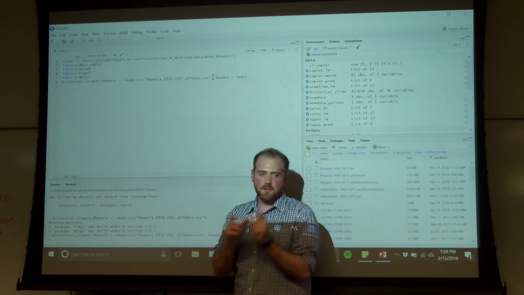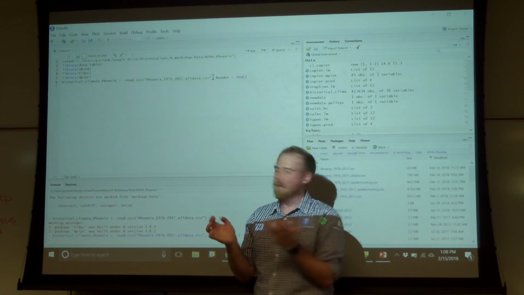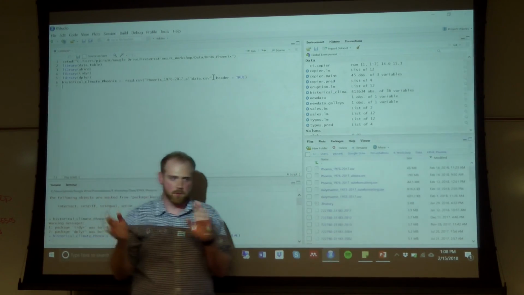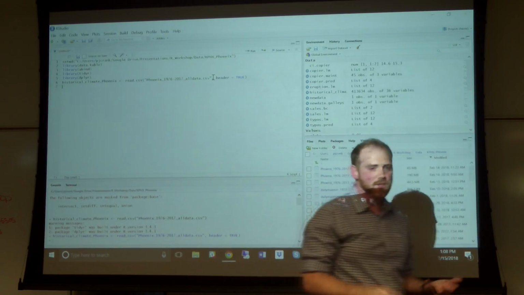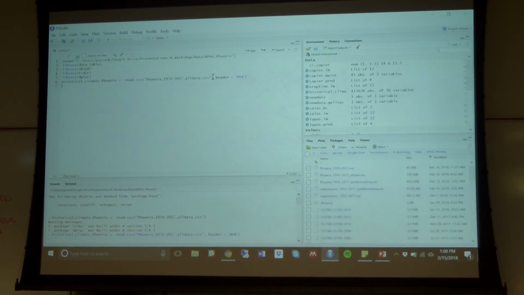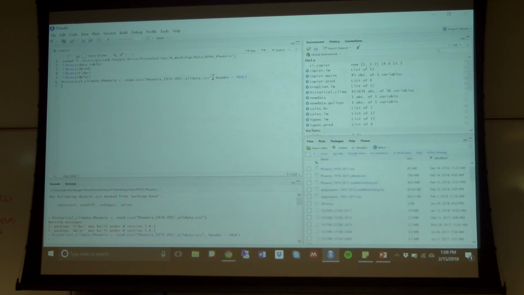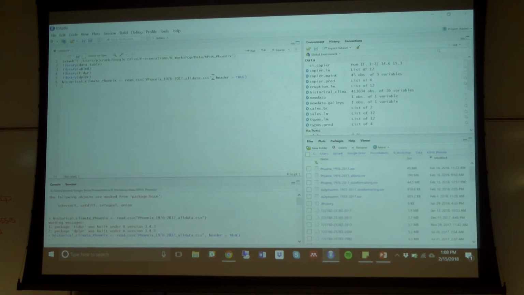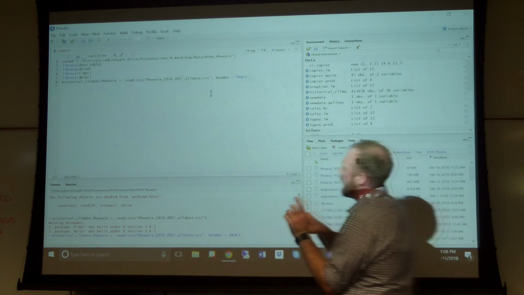So you can't use spaces in R in most coding. So I use the underscore here and here to distinguish between different words. You can use periods. You avoid using dashes because that's also subtraction in R. So you don't want to use that. But you can use dots or underscores, as well as mixing up uppercase and lowercase. Left caret dash, which is basically how it stores, and then your function